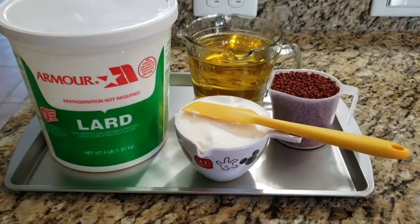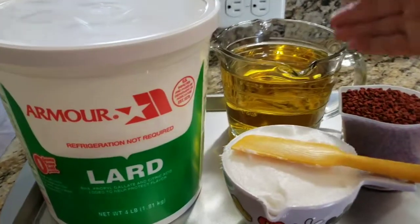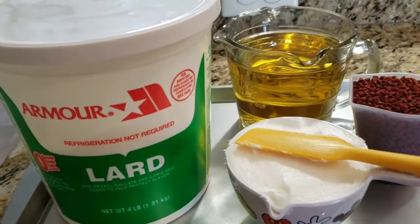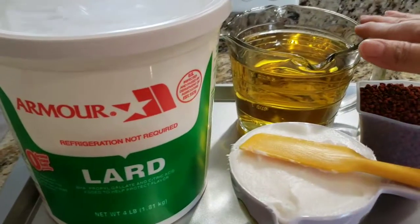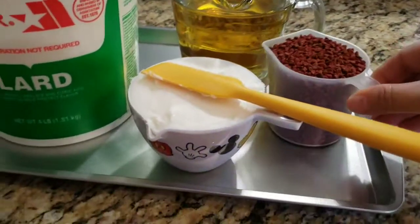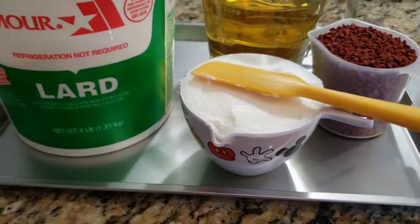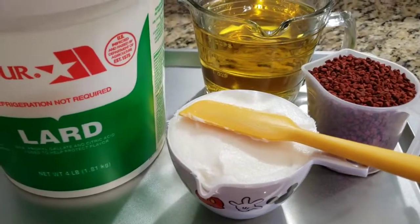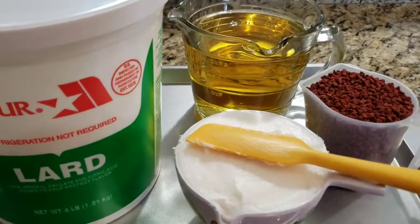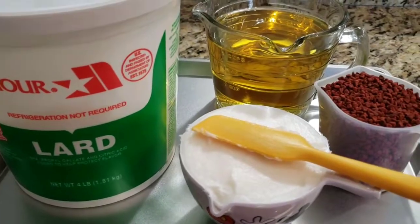Annatto seed oil is a very simple dish to make. We're just going to heat and dissolve the manteca or the lard along with the oil. We're going to bring it to temperature. We don't want it to be too hot. Once it's heated, we will add the annatto seeds to it, and we will continue to cook them on very low or medium low heat until the oil and the manteca or lard have acquired this bright red color,